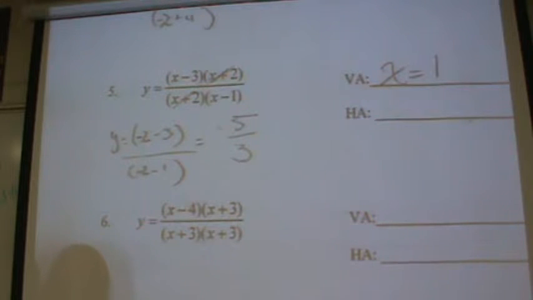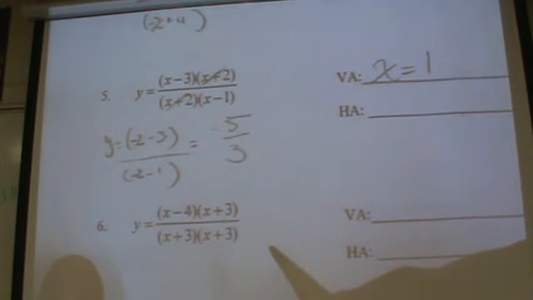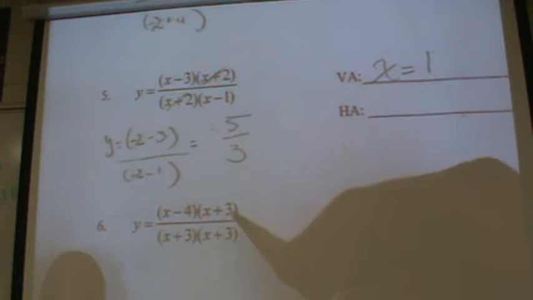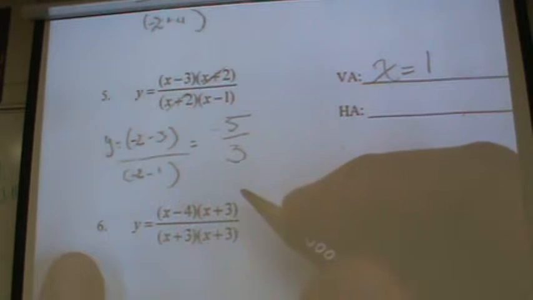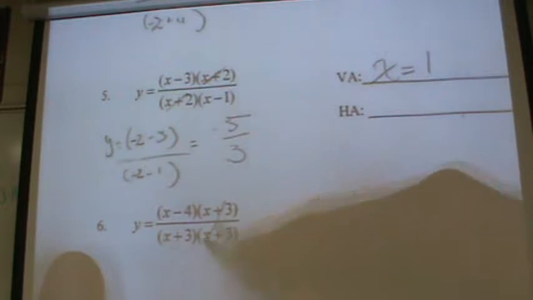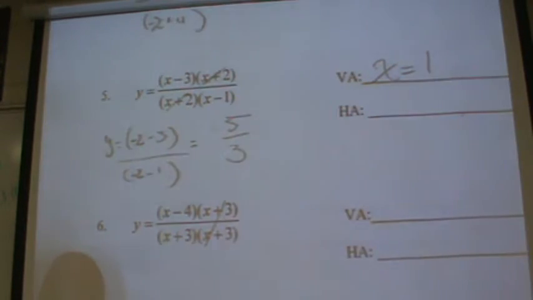Okay, and this last one, does anyone remember what I said about this one? Is it gonna have a hole or not? You think it's gonna have a hole? Alright, well, let me explain it a little better. So these are all the same, right? Just x plus 3, x plus 3, x plus 3. Okay, well, if you cancel these out, you're still gonna have this one there. So it's still gonna be x plus 3. So after rewriting it,